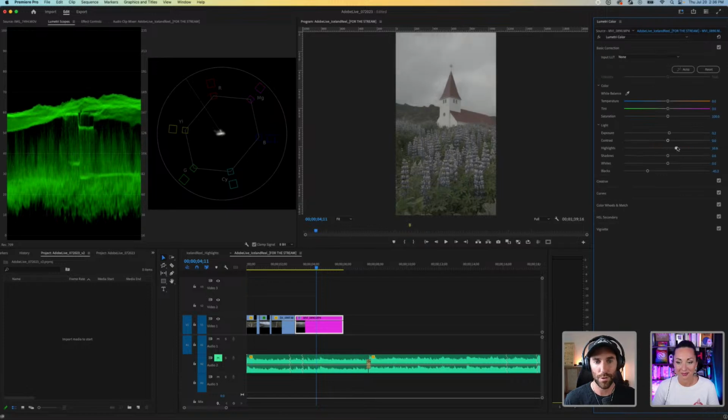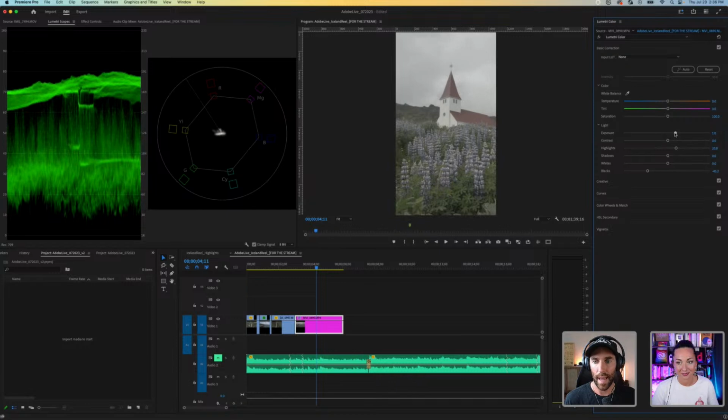I don't want to really do too much to the highlights. We'll bring that up a little bit. Exposure could come up a hair. And then what I'm referencing on the right-hand side is sort of my RGB color wheel. And this allows me to see the saturation of all of those color values. And it allows me to make sure that the color is well balanced in between the magentas and the greens